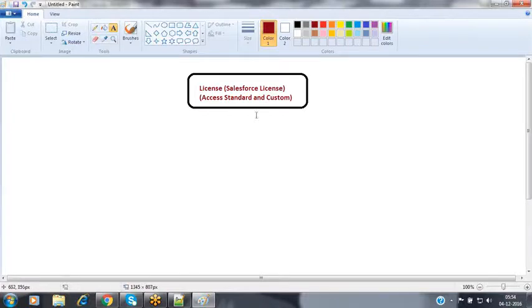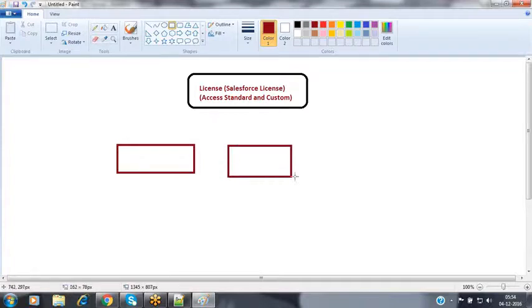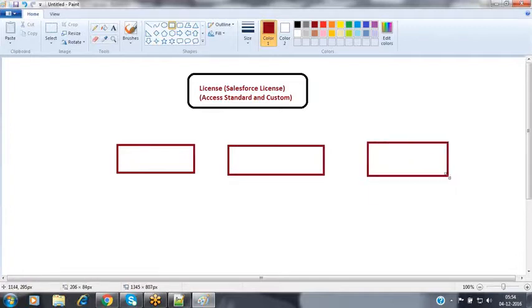At that time, instead of assigning the licenses directly between the users and Salesforce, they have provided the profile. So we are going to have profiles. You can configure multiple profiles over here, like profile 1, profile 2, and profile 3. Three profiles I'm creating right now. All these profiles are associated with the same license.